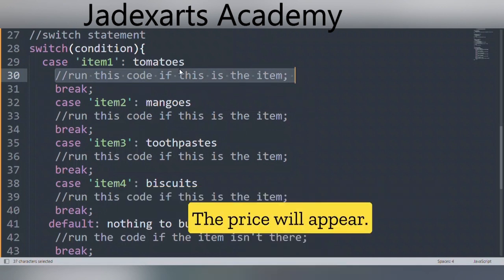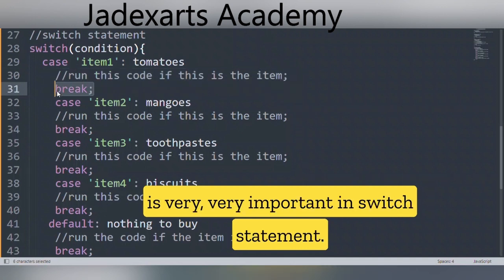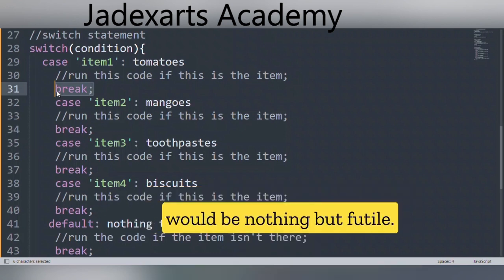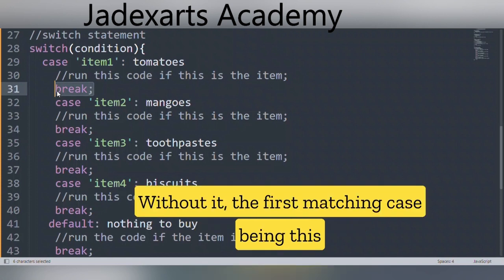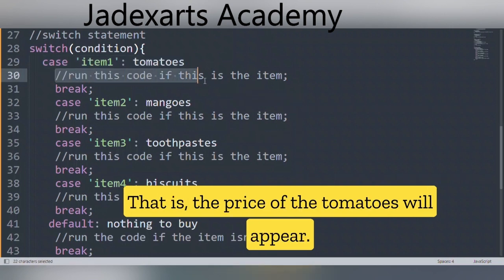The price will appear. Now, this break keyword is very, very important in the switch statement. Without it, the switch statement will be nothing but futile. Why are we saying this? Without the break keyword, the first matching case, being tomato, will run and the price of the tomatoes will appear.